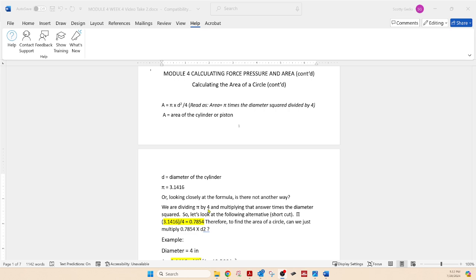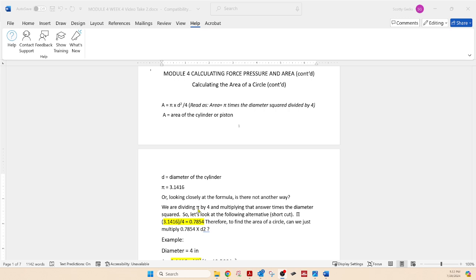So if we take pi, 3.1416, and divide that by 4,